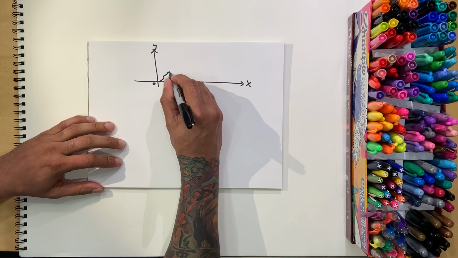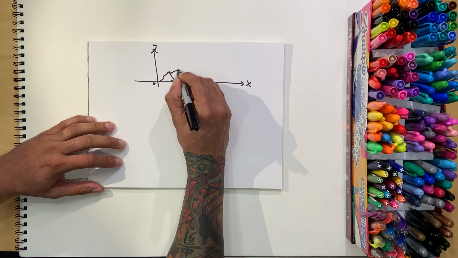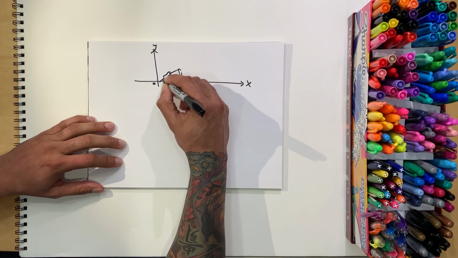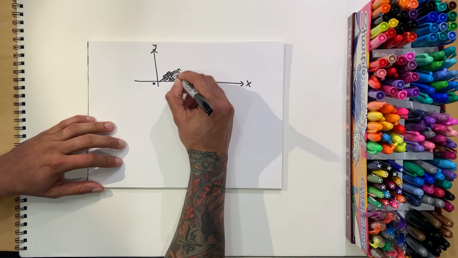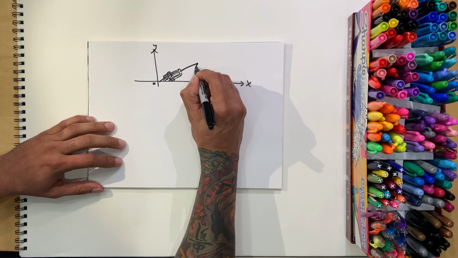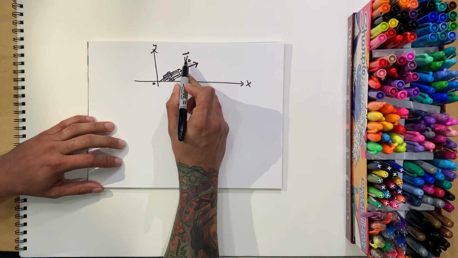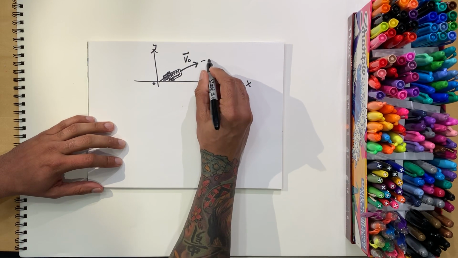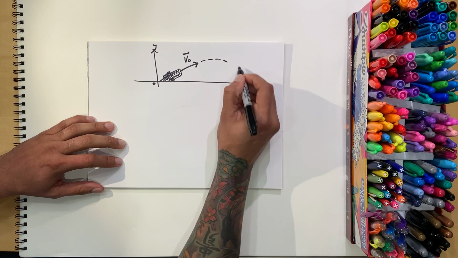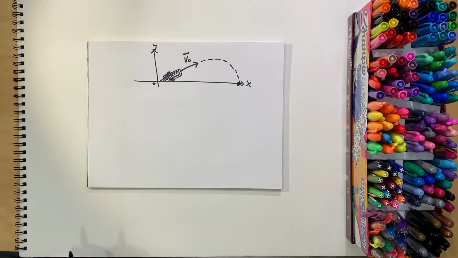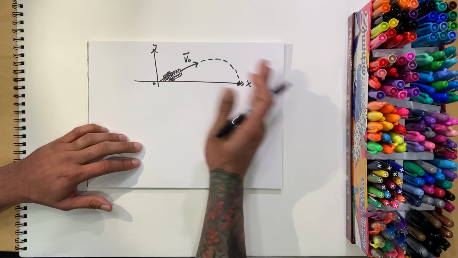Let's say we have some type of cannon, and it fires a projectile, right, at an initial velocity. Remember that vector symbol. It goes all the way up, some max height, and then it comes back down. Let's say it hits right there. All right, it should be a perfect parabolic shape,